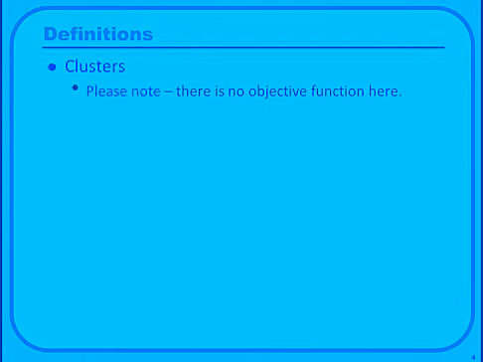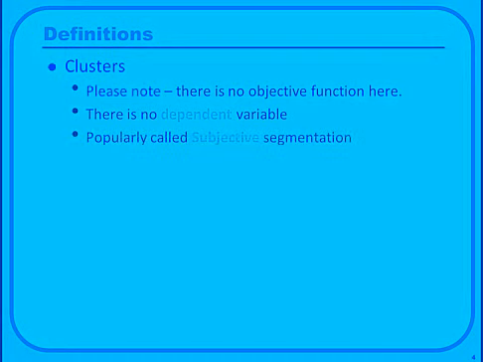What you need to understand is, in cluster analysis, there was no objective function. There was nothing like a dependent variable which you were trying to forecast. There was nothing like, okay, who are the people who defaulted and who are the people who will not default? Who are the people who have responded and who have not responded? So there is no dependent variable here. What you have is just the input parameters, just the input variables, and based on that, it is trying to develop natural grouping on its own.